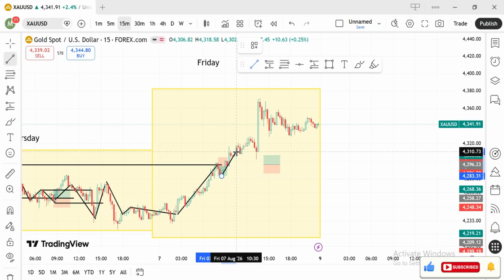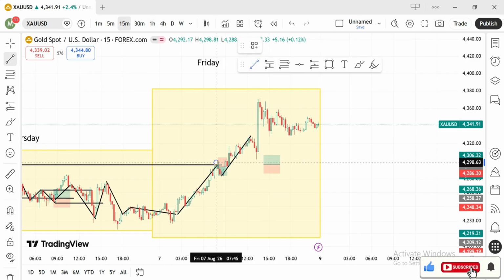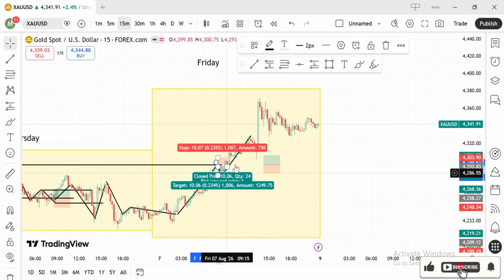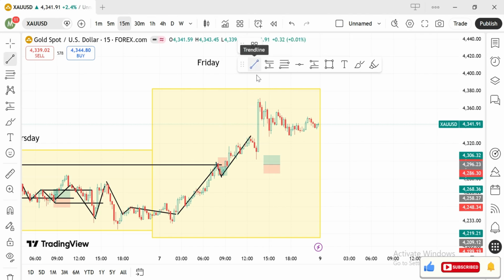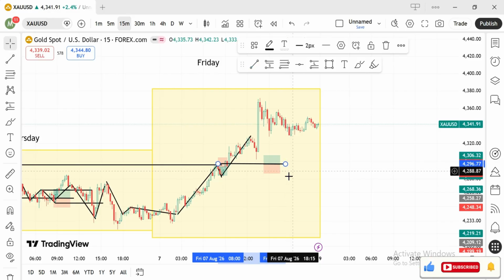And that was how price broke the structure again to this position. Now this was where we wanted to enter the NFP news. This is a valid structure that was broken over here. So this was where we wanted to enter the NFP news. We waited